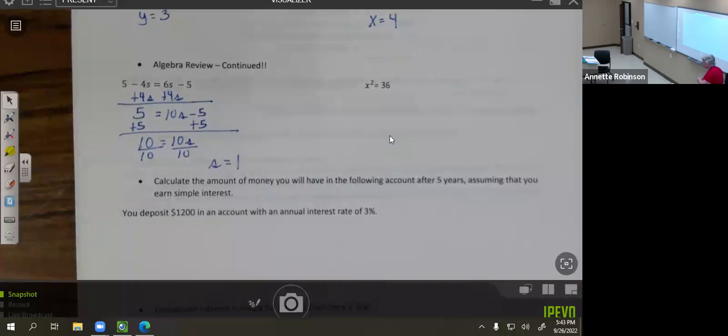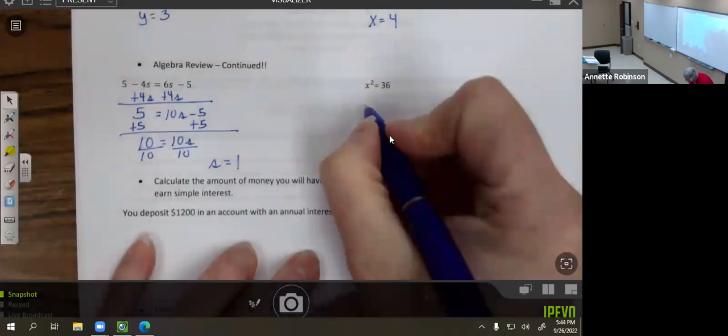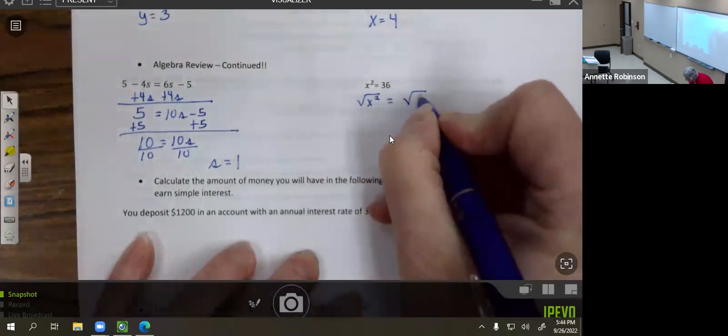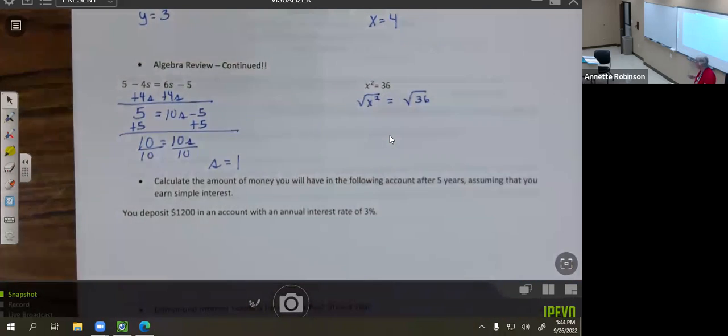The opposite of squaring something is to take a square root. In fact, if you look on your calculator, above your x squared key is the square root key. So we want to take the square root of x squared. So we're going to take the square root of 36. Now, when you introduce the square root symbol, you need to consider